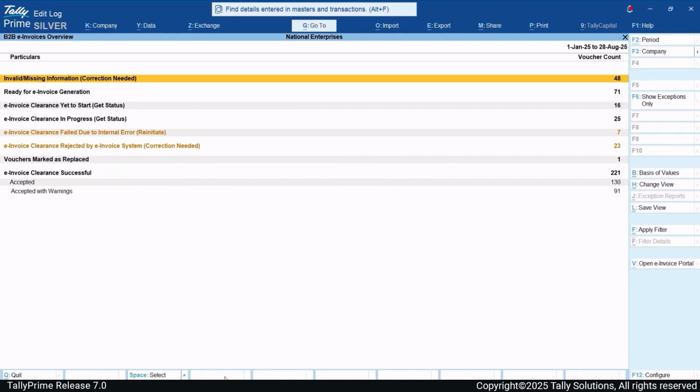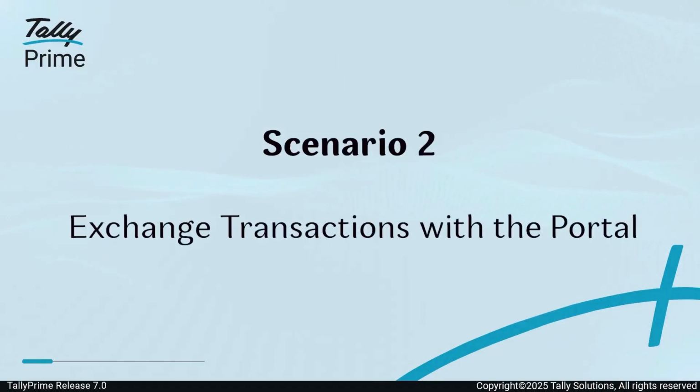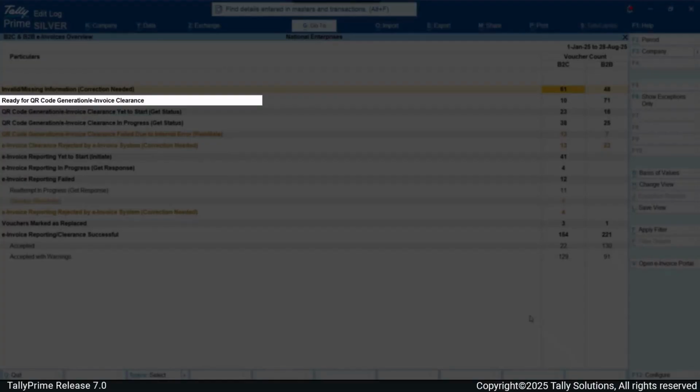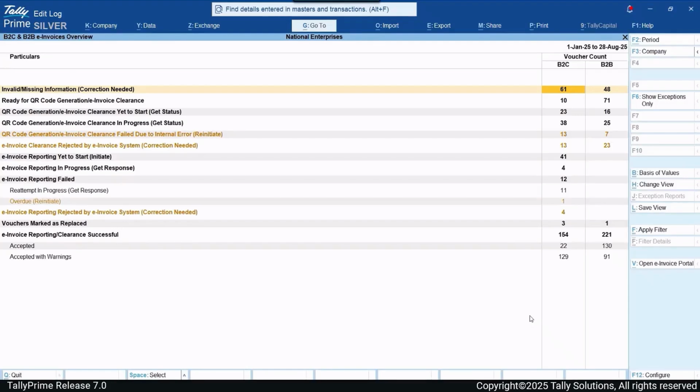Press Ctrl L to save your preferred view, and Tally Prime will open the same view the next time you access the report. Now, let's see how to exchange your transactions with the portal based on their status in the B2C and B2B e-invoices overview report. In the B2C and B2B e-invoices overview report, the Ready for QR code generation or e-invoice clearance section lists the transactions that are not exchanged with the portal while saving them.